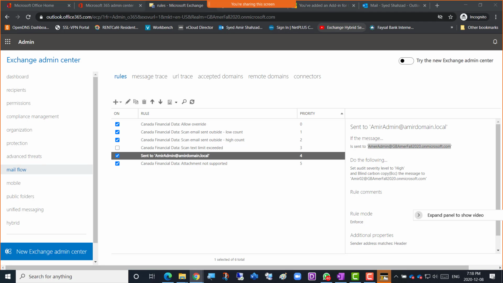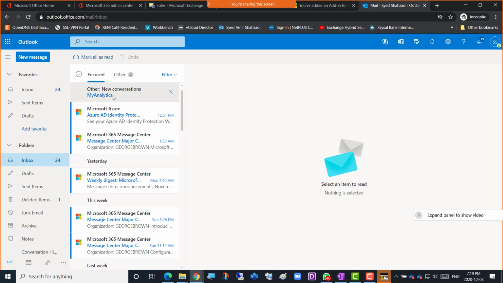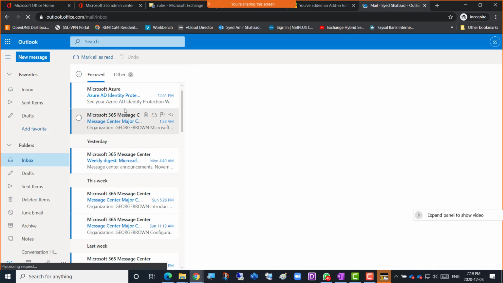And I'll compose, subject, testing, and send. So I've just put some testing message there, so it should arrive here, and then we have to open the other mailbox, and that same should arrive there as well in my other mailbox. So an email from Gmail is coming to this mailbox. So I'm just going to refresh the whole mailbox to see if